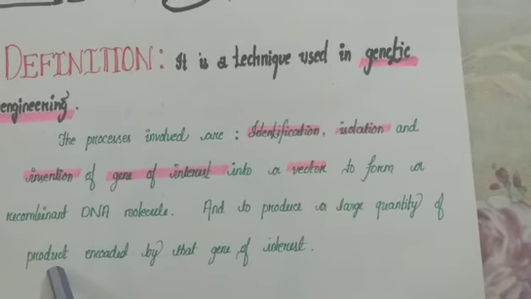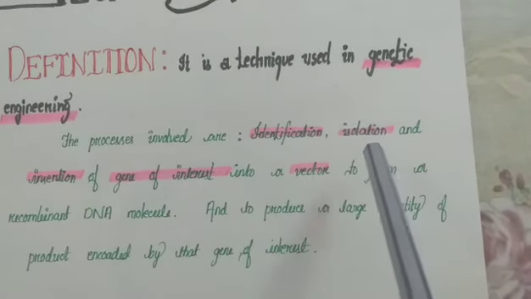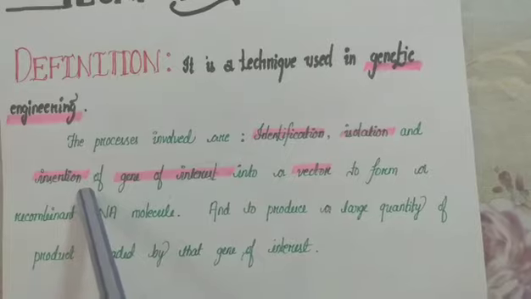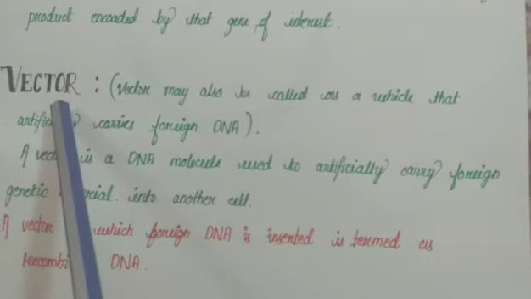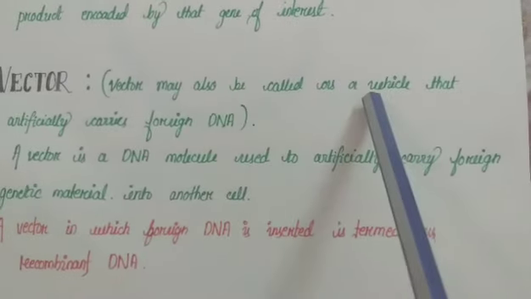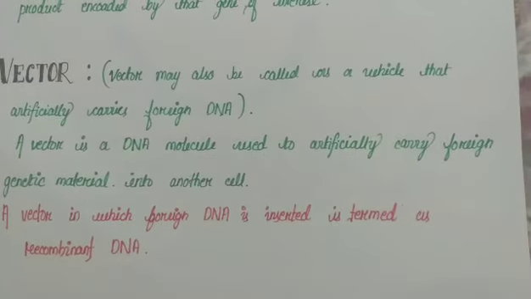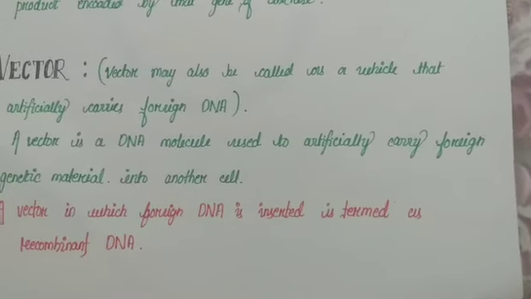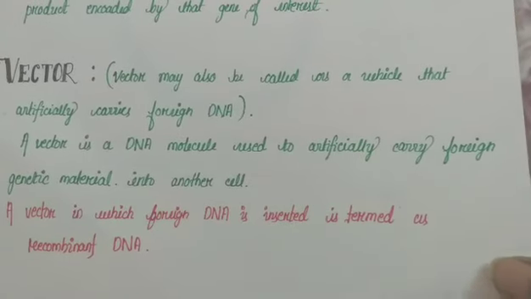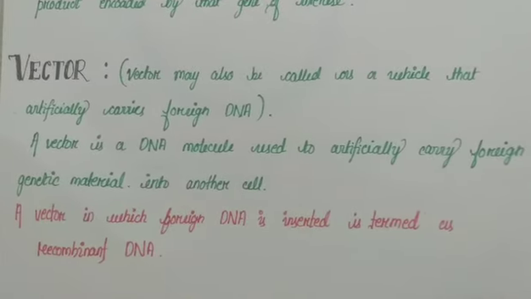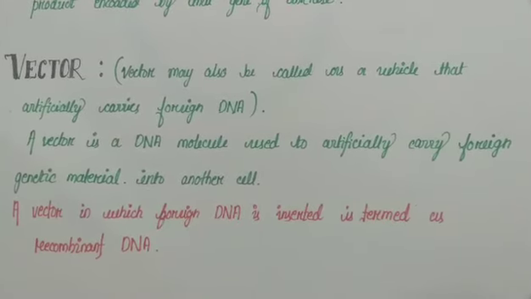Now you must be confused about what a gene of interest is, what a vector is, and what identification and isolation of the gene of interest are. So let us first get into what a vector is. A vector is a carrier, or a vehicle. So what is the work of a vehicle? A vehicle carries us from one place to another, or carries certain things from one place to another, or simply something which can make something move with itself.